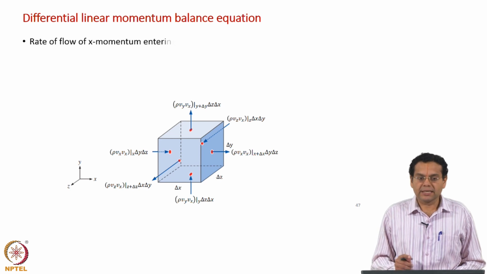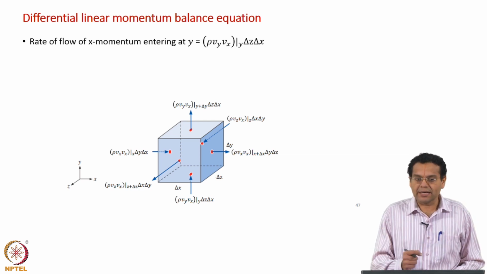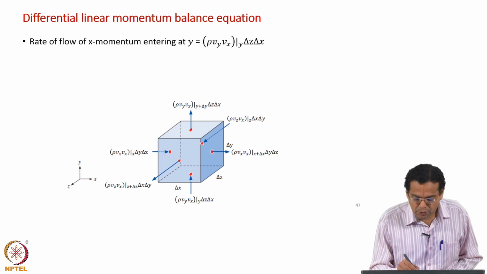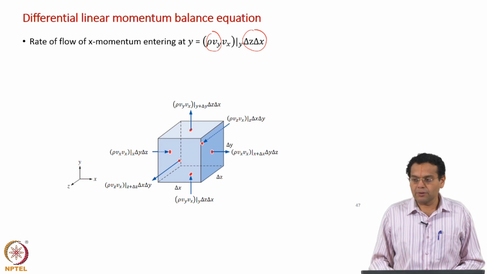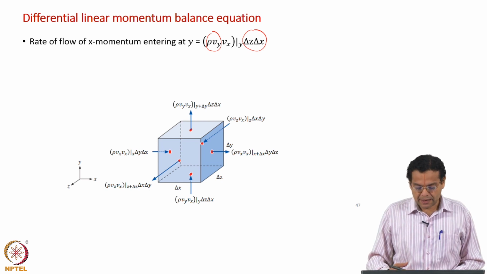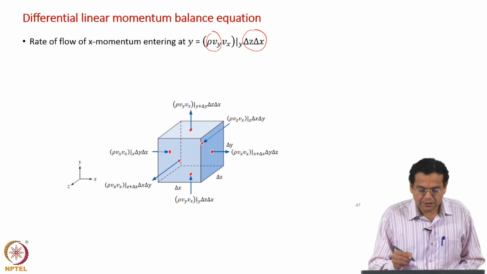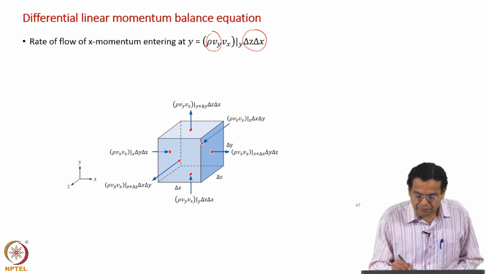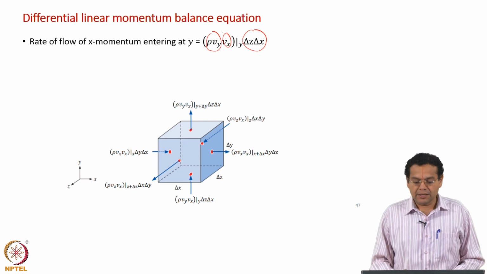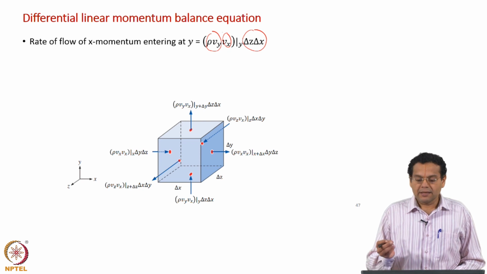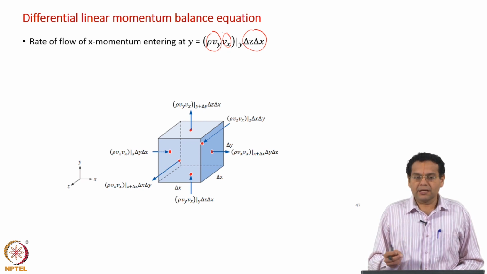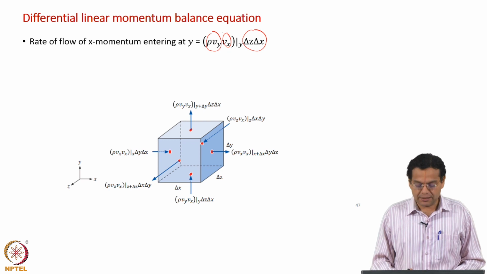Remember, once again it is rate of flow of x momentum, but now because of mass flow entering and leaving along y direction, that is why we have rho Vy into delta z delta x, which represents mass flow which enters at y, and because we are considering flow of x momentum, we still multiply by Vx. So, please pay attention that always the second velocity represents the velocity component along the direction in which we are writing the momentum balance.